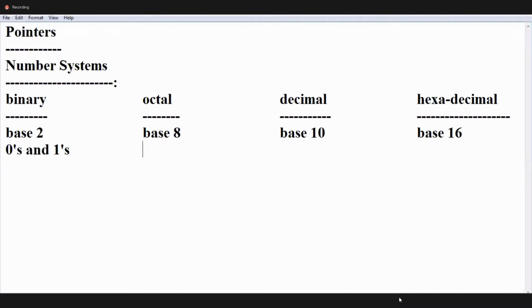Octal means it contains 0 to 7. Decimal, it contains 0 to 9. Hexadecimal contains 0 to 15, guys. 0 to 9, then 10 to 15.